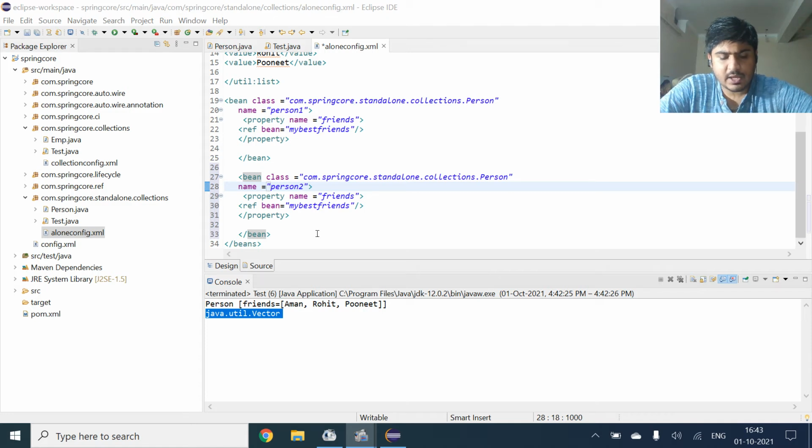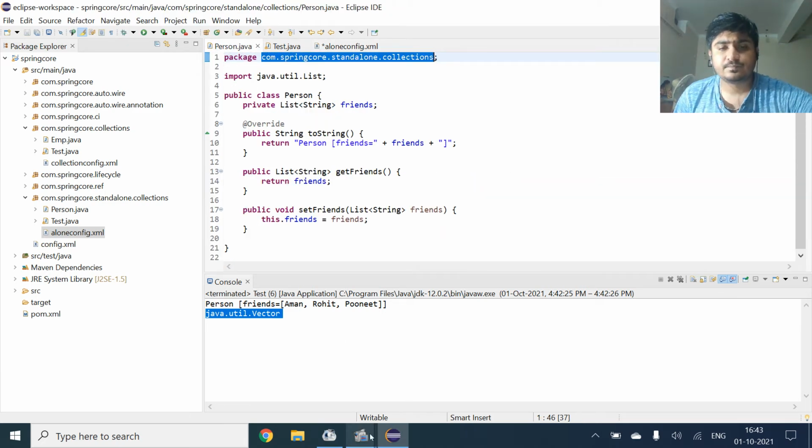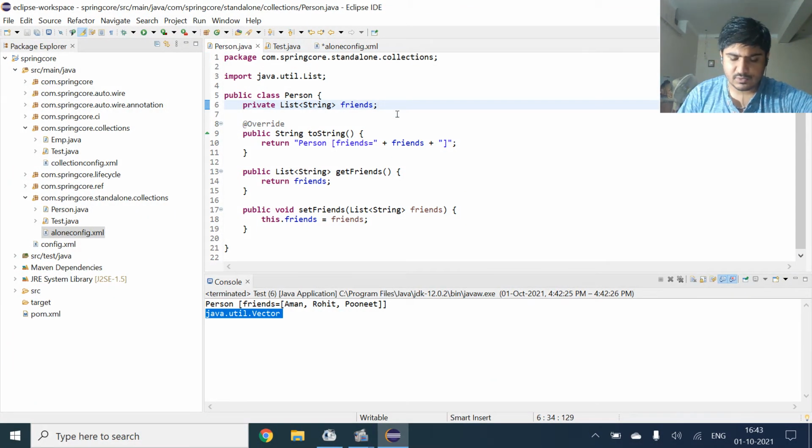So actually now when we come to the map, we want to store some things, so we will come to this person class, and we will insert some values here. So in order to insert the list values, we will come here.